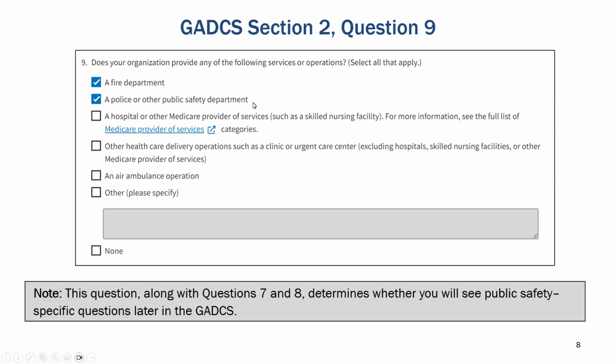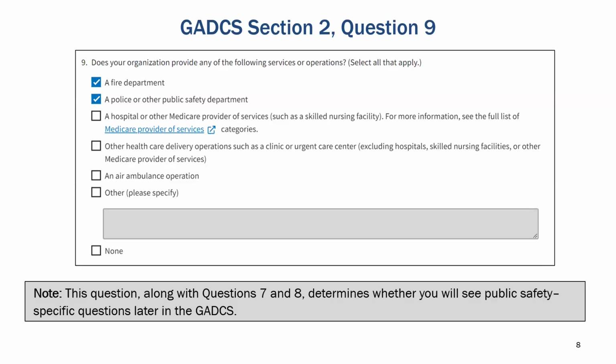Importantly, the option you did select back in question 7 will not appear in question 9. So if in question 7 you said we're fire department based, then this first question 9 option would actually not appear, because you've already answered that back in question 7 that you were fire department based. But it would give you an opportunity here in question 9 to select any other that apply.